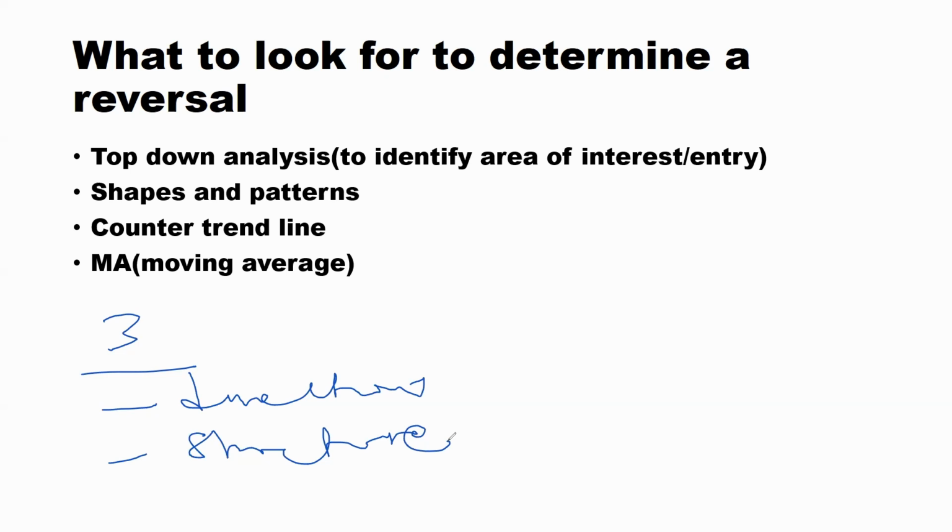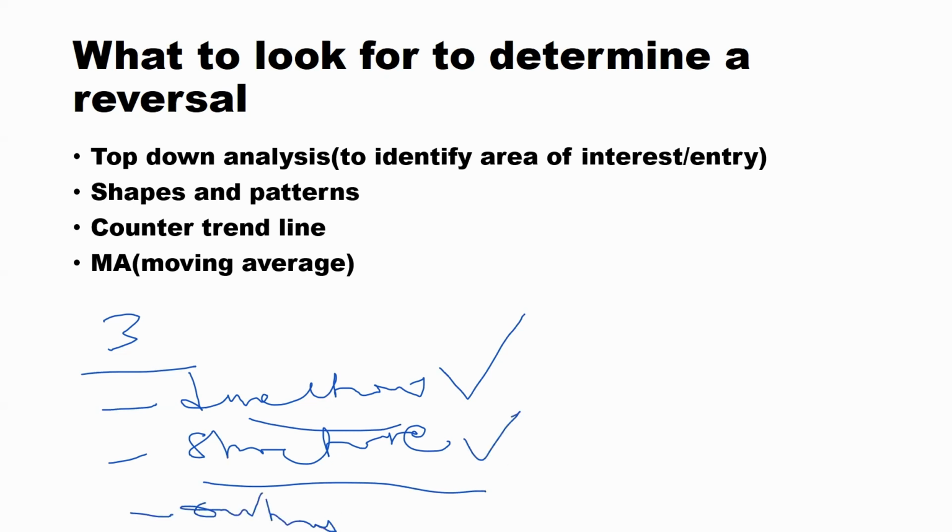Do you guys get what I'm trying to say? You cannot say that you want to build a flat with 8 floors and your foundation is for holding 3 floors. It will collapse. So you have to first get direction. If the direction is telling you that you're supposed to be looking for upward movements, you should look for a structure that is giving you upward movements. Your direction cannot be telling you to go down, and you're looking for structures that are giving you to go up. Are you getting it? That's why we're calling it a top-down analysis. You first get direction and structure, and then you can come to entry.